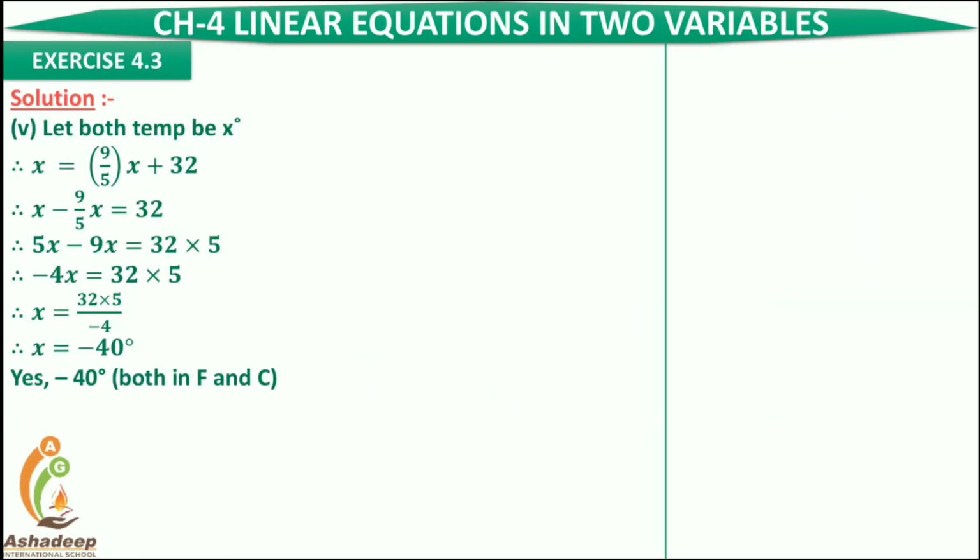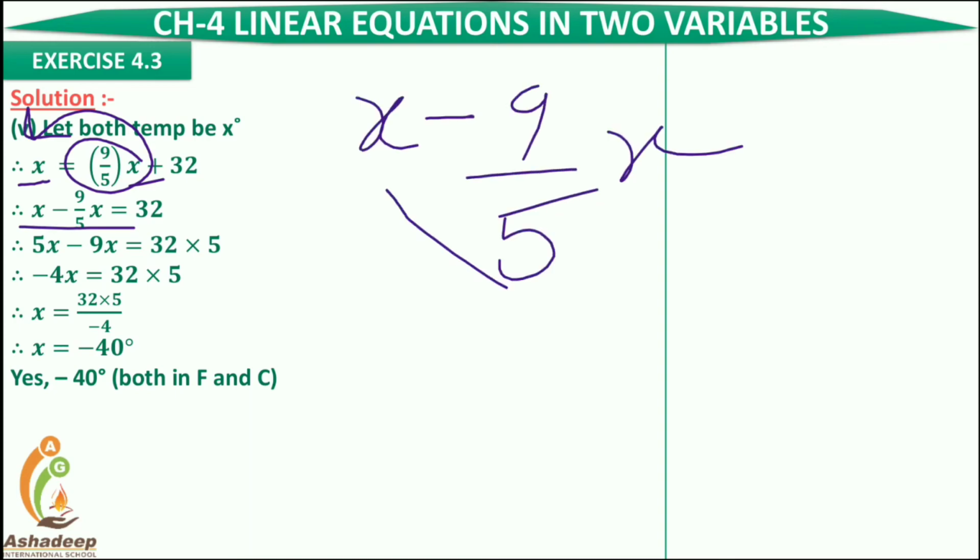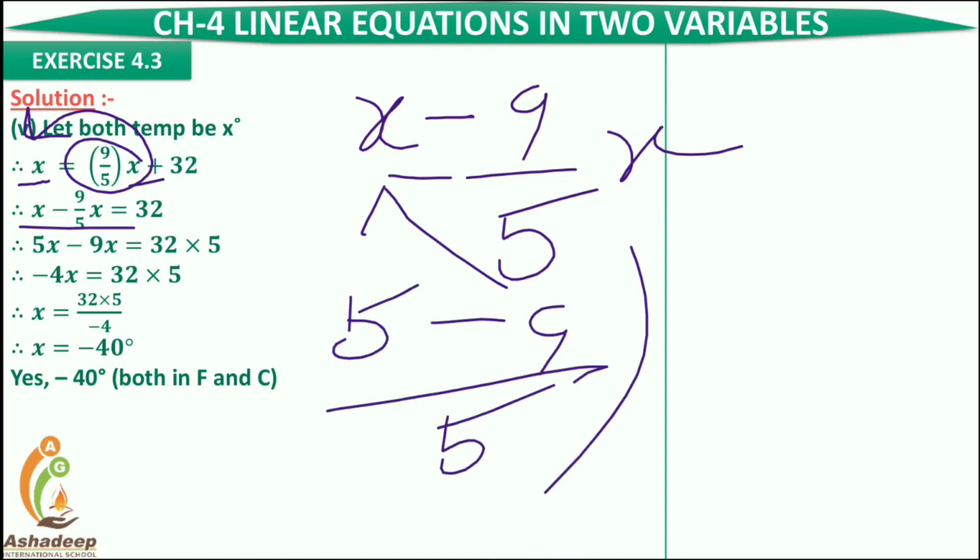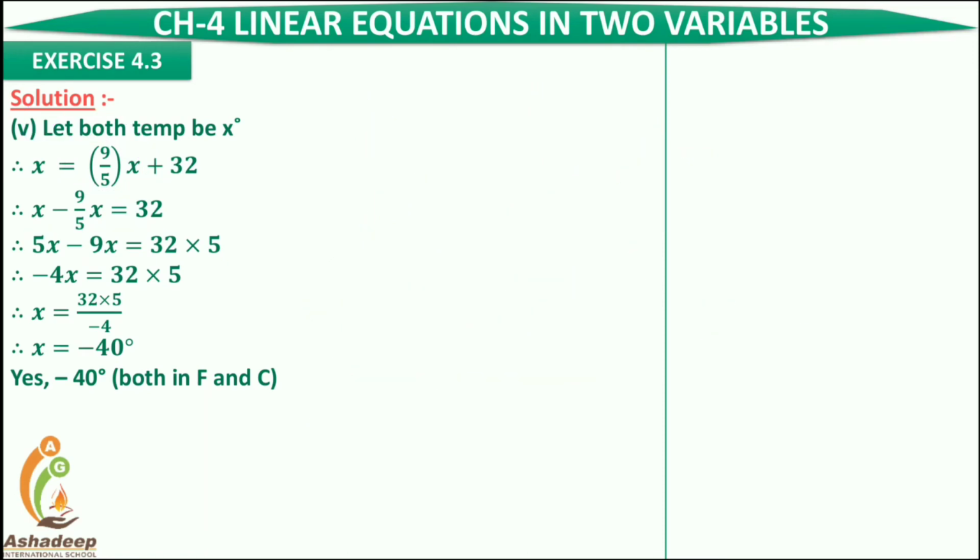Now can both the temperatures be equal? Okay, let's say yes. So instead of F and instead of C, put the X, right? Now let's solve this. This term goes on to the other side, becomes minus. So X minus 9 by 5X. This comes into the numerator. So 5 minus 9 divided by 5 into X. So 5 minus 9 is nothing but minus 4. Right, so minus 4x divided by 5